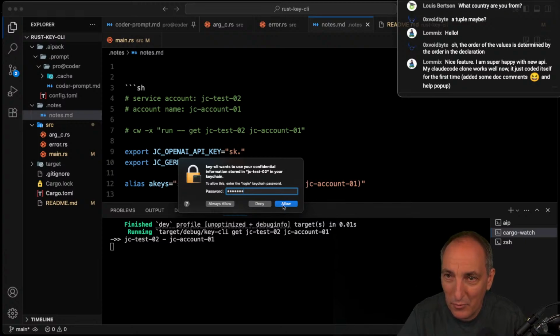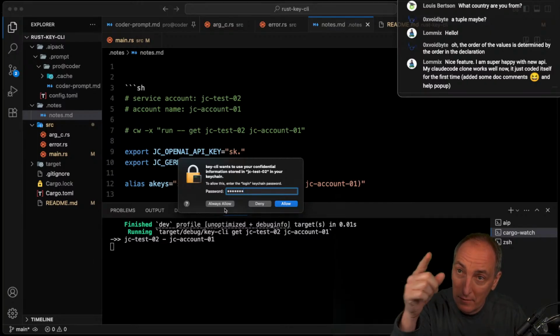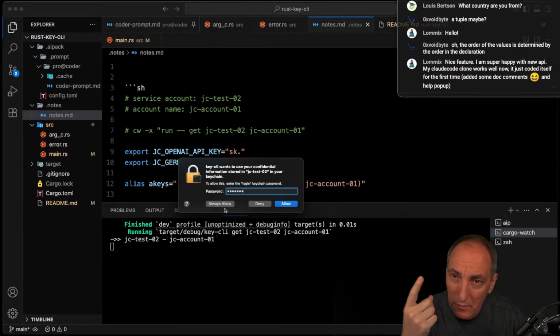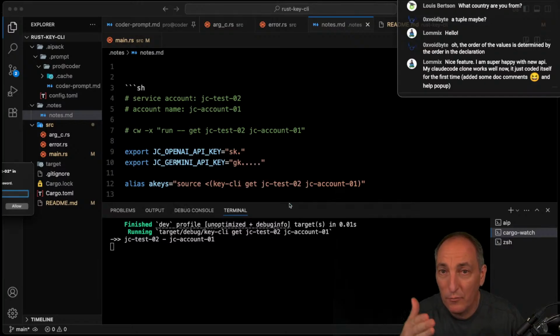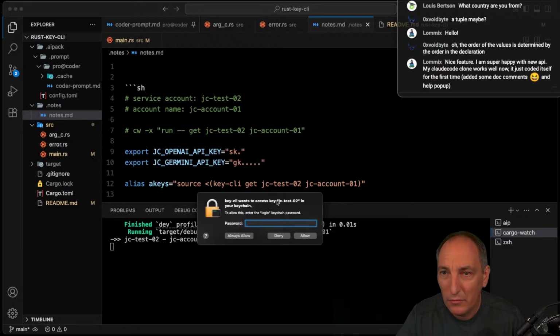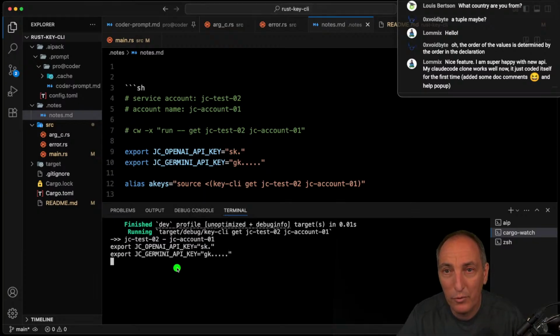And then I'm going to press allow. So I could press always allow, but if you do that, then you need to recompile your beast, the command line, the binaries, so that it asks you next time. Me, I like when it asks me next time, because otherwise if someone comes to my machine, then they can have all of that. Now, I don't know why it asked me twice this time, but often it asks me only once, and boom. And so now that I have this, yeah, I can